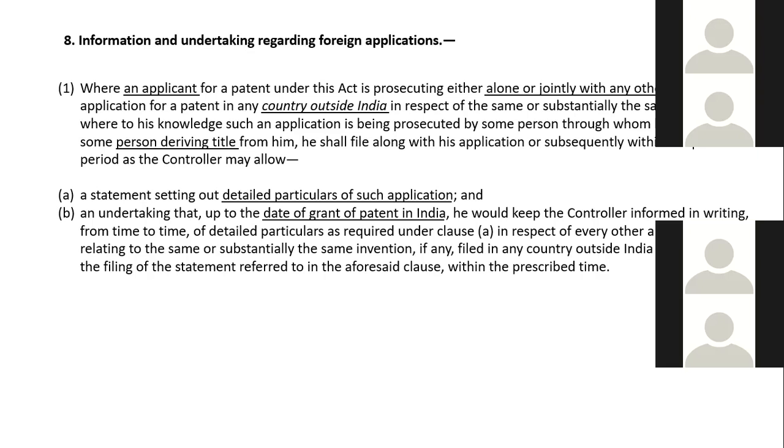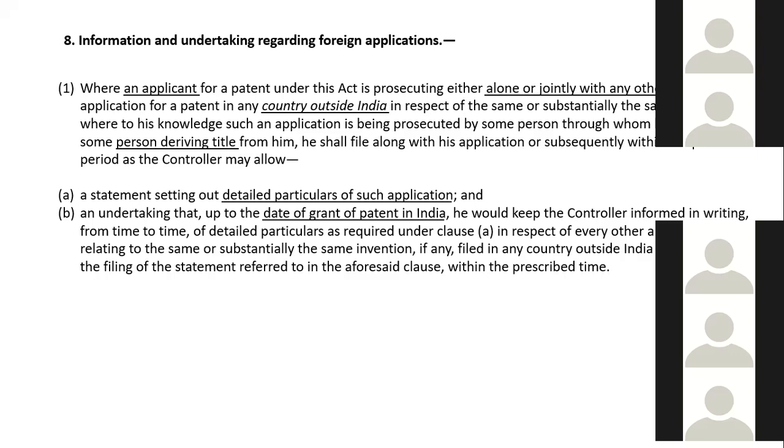अब सेक्शन पढ़ते हैं. When an applicant for a patent under this Act is prosecuting either alone or jointly with any other person an application for a patent for substantially the same invention, or where to his knowledge such an application is being prosecuted by some person through whom he claims or by some person deriving title from him, he shall file along with his application or subsequently within the prescribed period as the Controller may allow a statement setting out detailed particulars of such application